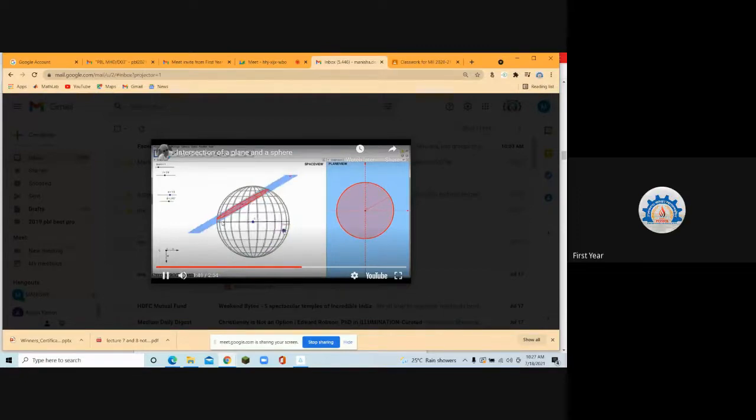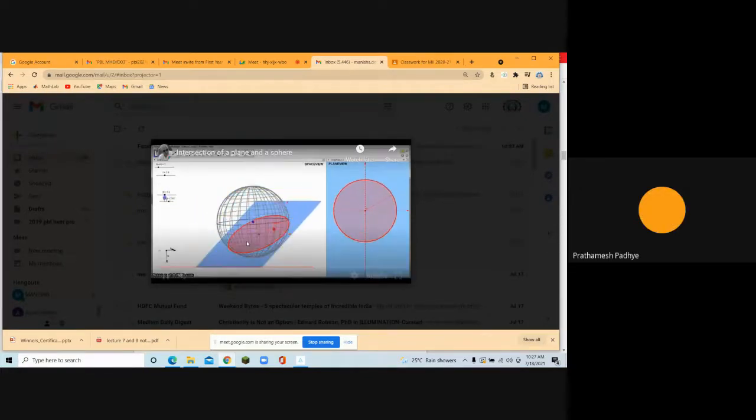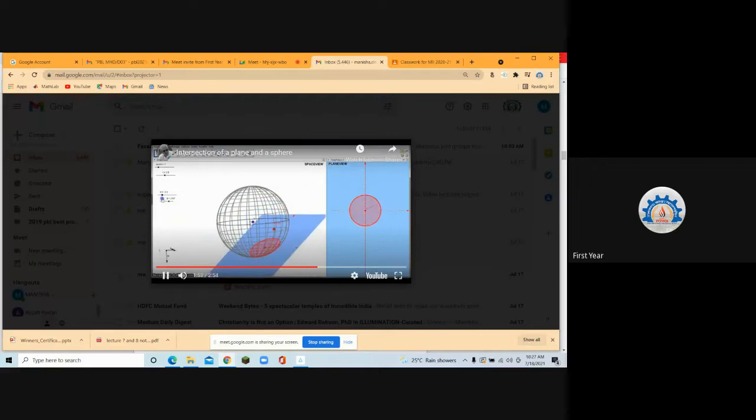Yes, ma'am. That is called the great circle. So what does the great circle have? Radius same as sphere. Yes, the circle and the sphere will have the same radius, and the radius